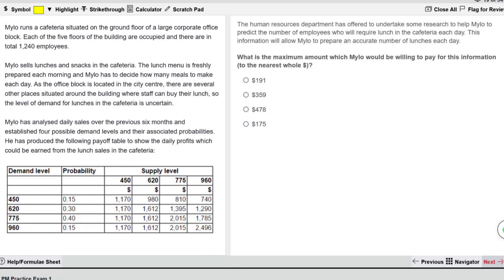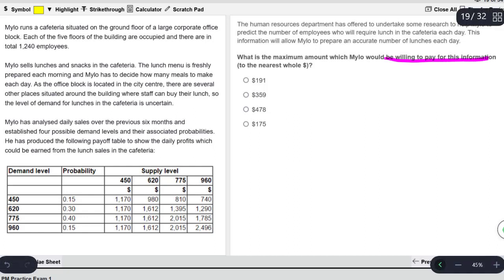Okay, friends, moving on to question 19. Now we're going to tackle the value of perfect information. Again, a labor-intensive solution we'll need to craft. If we're doing the value of perfect information, the first step